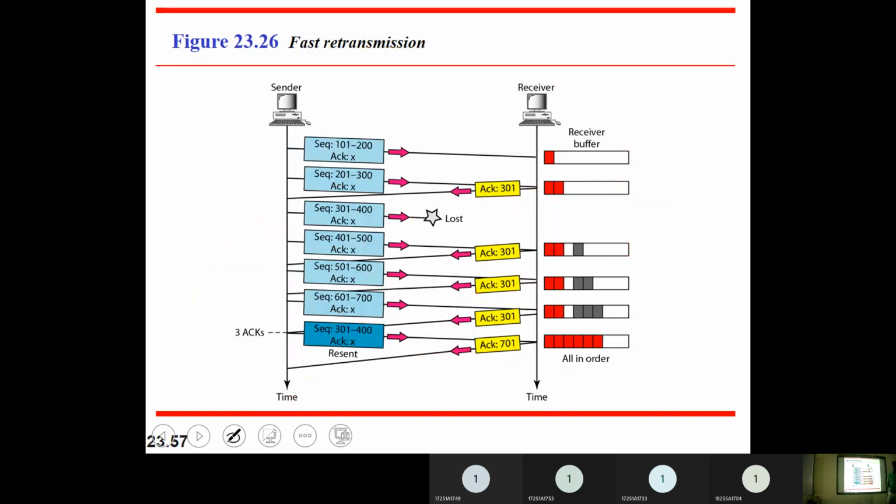So when RTO expiration happened, we retransmitted. The other case we will see here: before RTO expiration itself, we will do something. So let us consider I sent this one. This was sent properly. This was sent properly. But this particular segment got some problem in the middle. It was not sent.